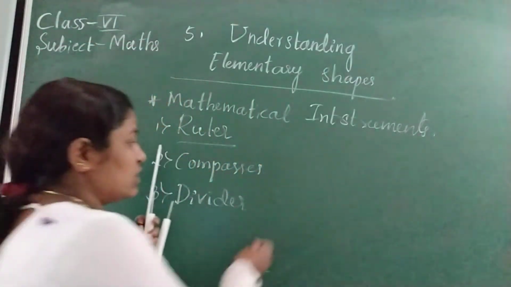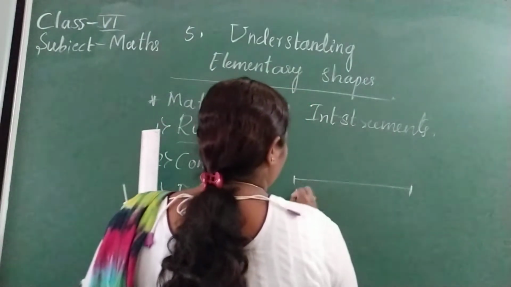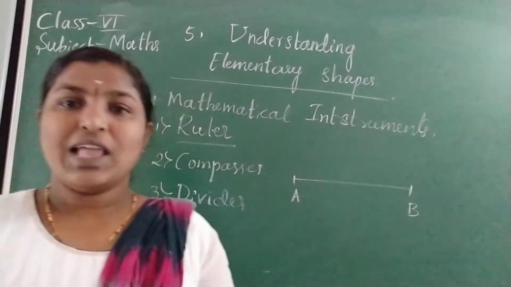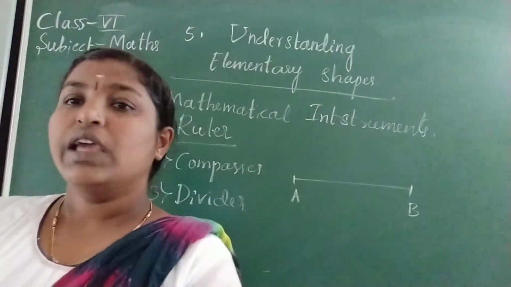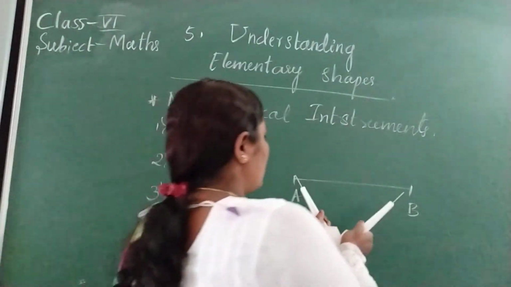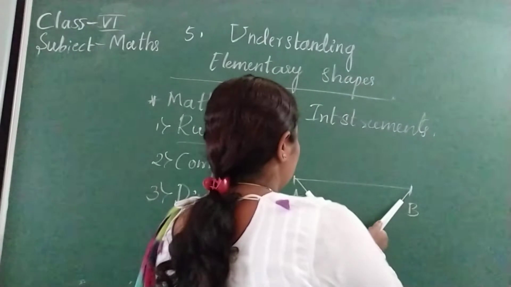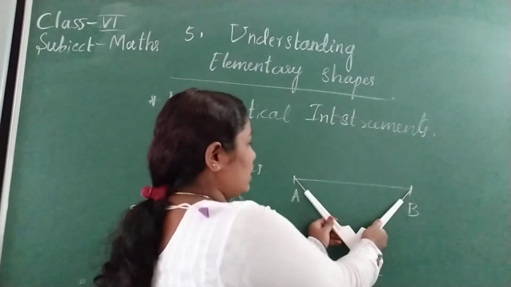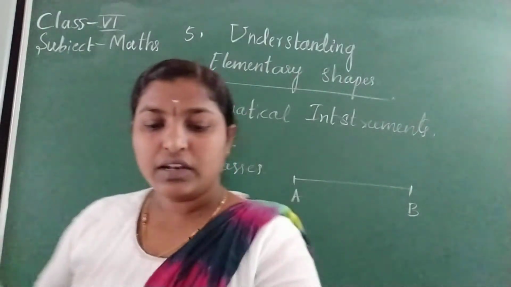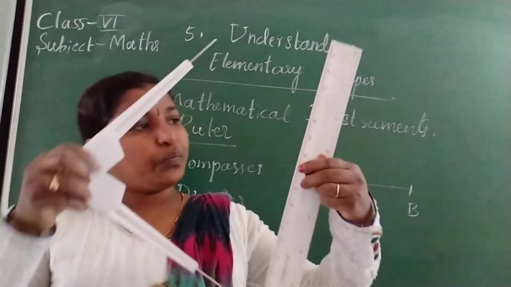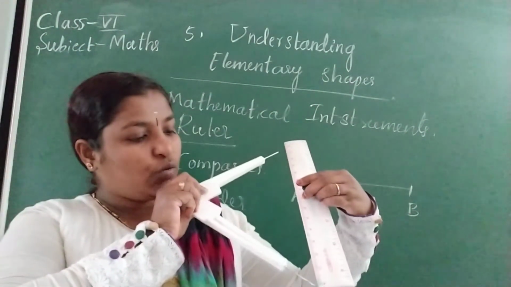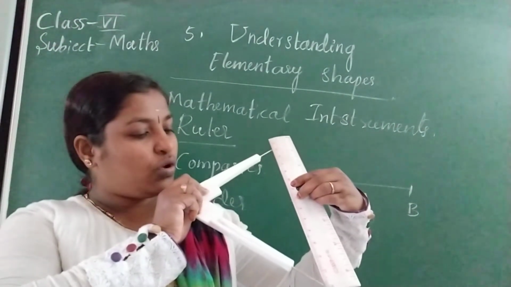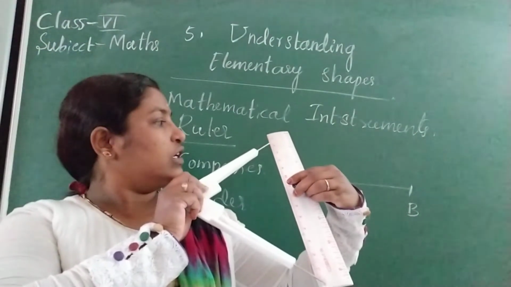Suppose there is a line segment A, B. So measure the given line segment. It is a question. So that time you can't keep the ruler directly. Instead of, what you need to do is you should use the divider. So like this, points you should touch. Can you see this? So like this you take it and take the divider and measure in the ruler. So keep one point in 0 side and another one is this. So the scaling is 13.5.